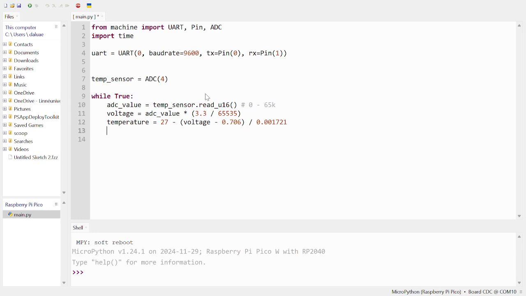And this temperature I will send to the receiving part using UART,